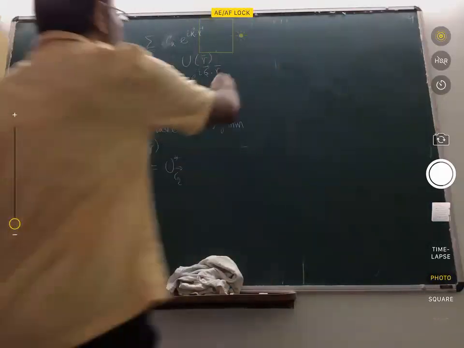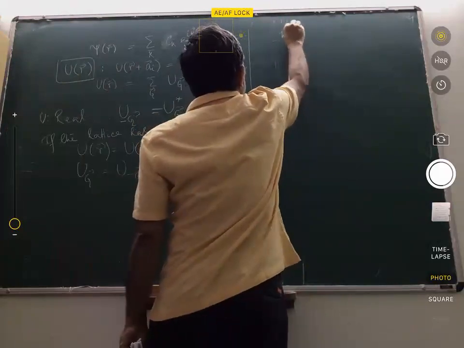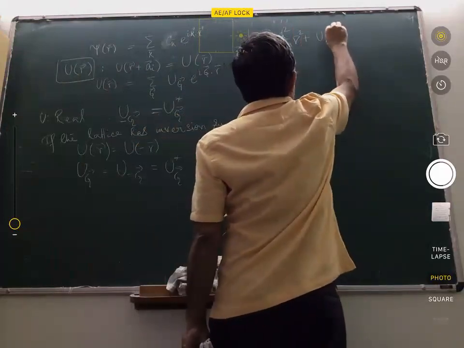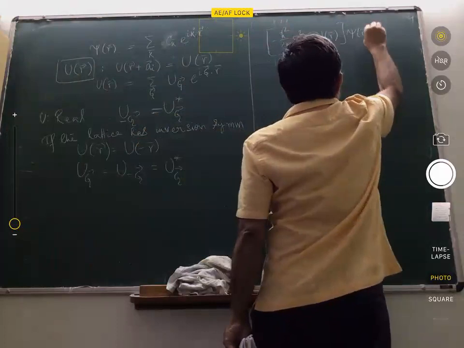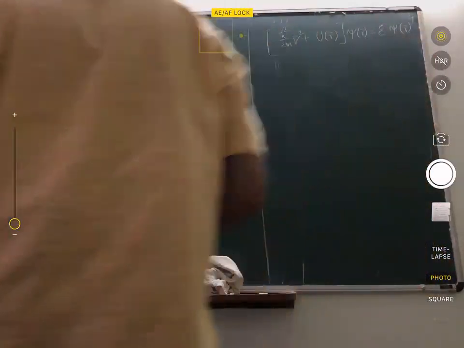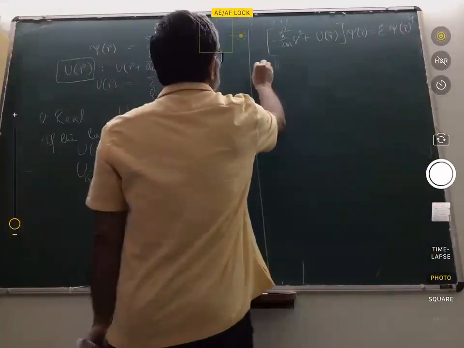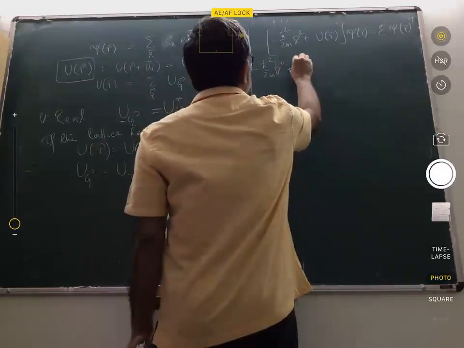Okay, so electrons experience potential U and they are non-interacting. So the Hamiltonian is just a single particle Hamiltonian. That's the Schrodinger equation. Now what we do is we use this expansion over there, and here we use